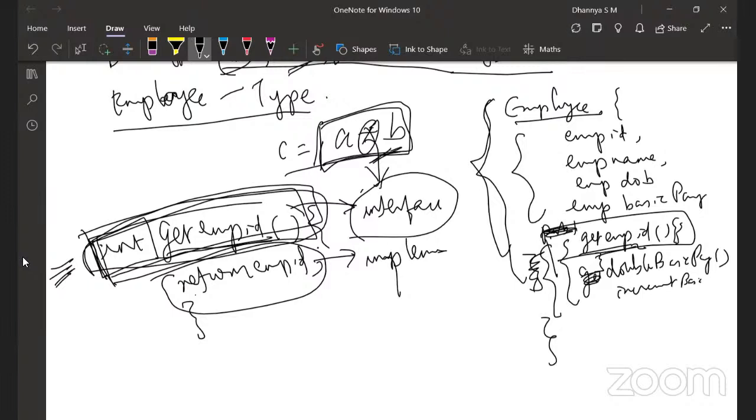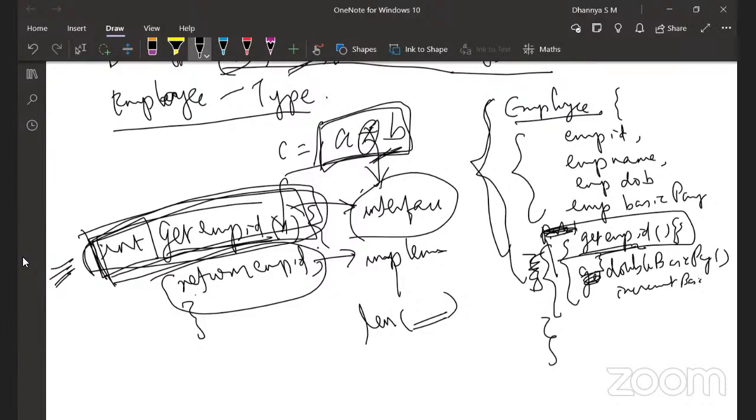So the interface is the name of the method. In Java, the return type is also important, and the arguments to this method. Say, for instance, you're using the length method of Python. You should know what should go inside the argument. What is important is that whoever is going to use that particular class, object or data type should know the interface.